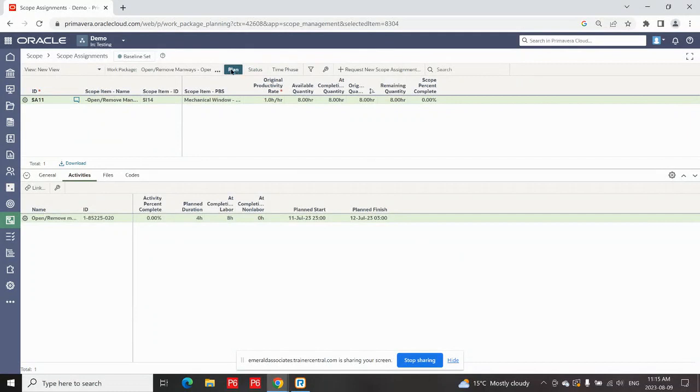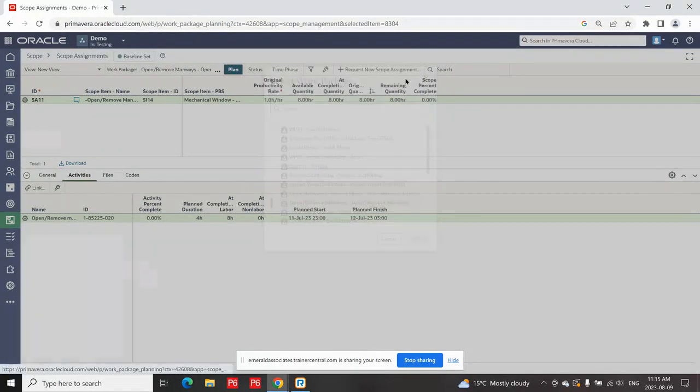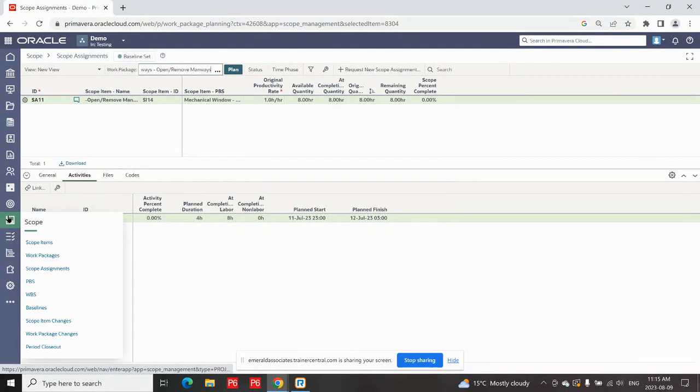So what you can do is you can go in and pick any of your work packages and assign them to the relevant scope items and track all of that information. So that's more some of your planning information, but it is information you're usually looking to track. How many work packages do we have left to create? How many scope items have work packages assigned? How many scope items do not have work packages assigned? Those kind of things are ongoing things when you're developing the whole execution plan for your project and, of course,